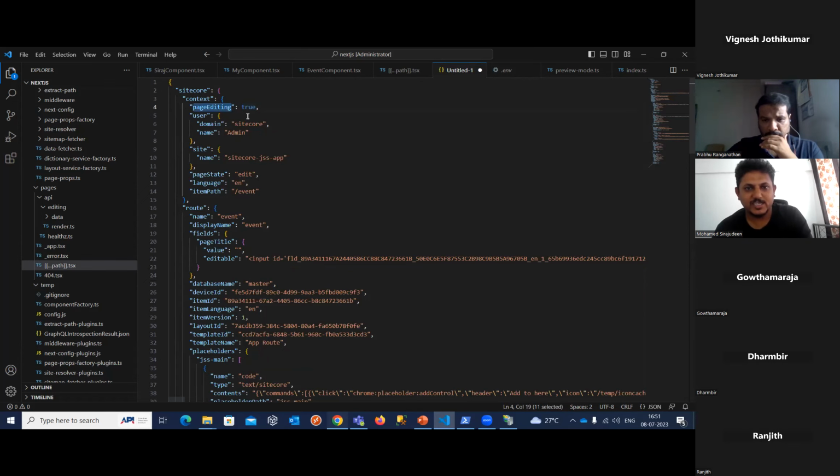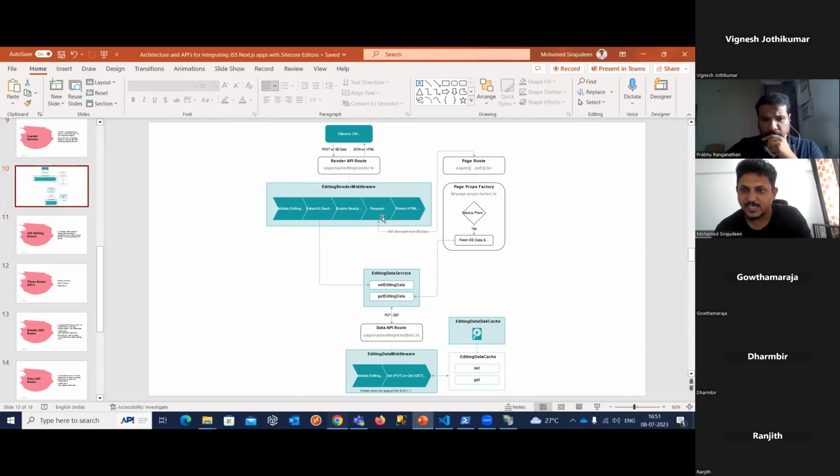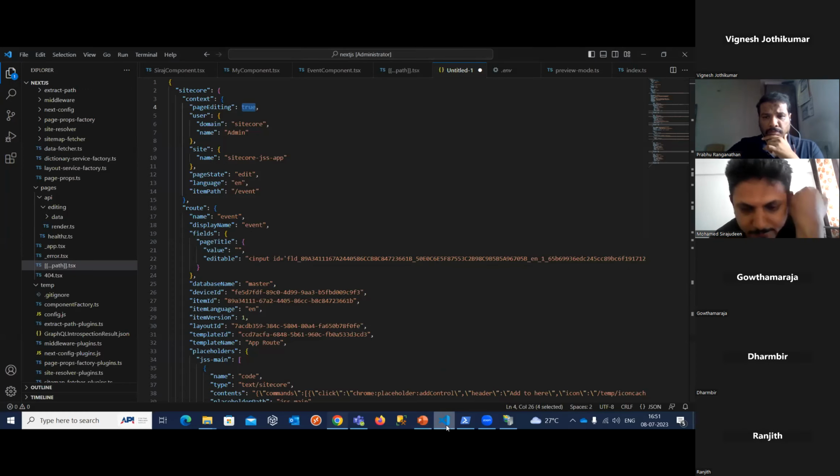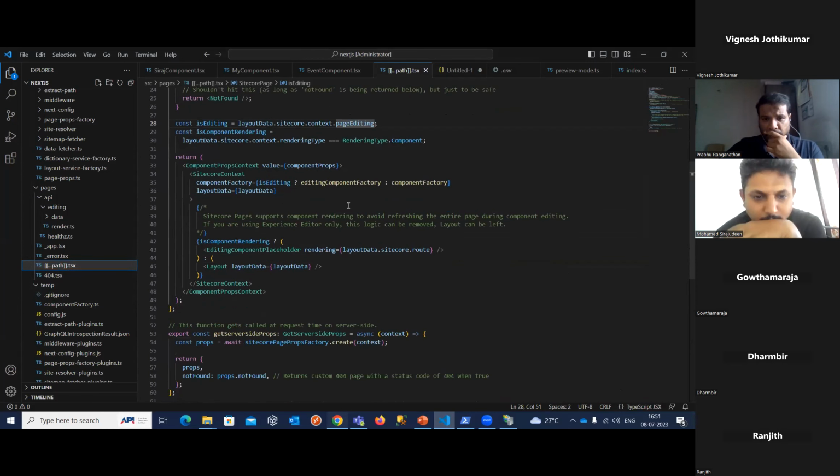So page editing is true in the sense that it will enable the Next.js preview mode, so it will be sending the preview cookie along with this particular data. When it captures the page route, the path.tsx, the page route path.tsx, here it will be fetching and creating the layout data accordingly, the